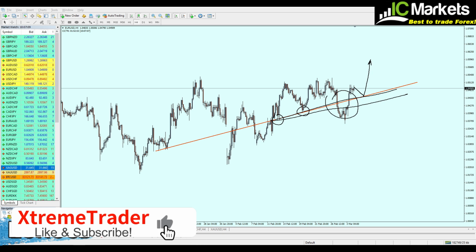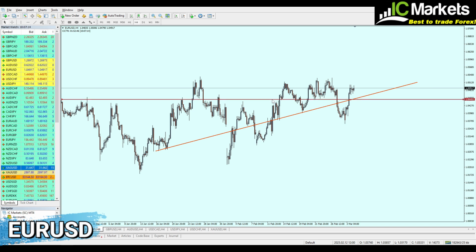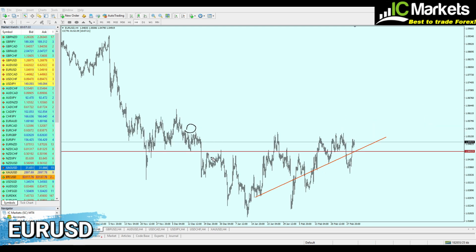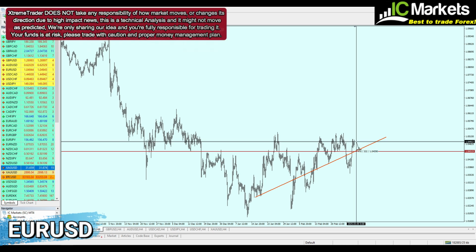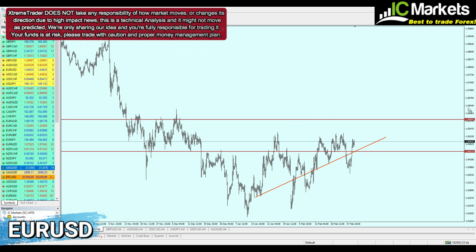So that being said, most likely my friends, we can continue buying the Euro USD exactly right here at the lower key of the support, precisely at 1.045, which was in the past, as we can see right here, a key level of support and a key level of resistance as well. So we wait for the Euro USD to fall another 38 pips or so before we continue buying it. Take profit level will be this time at the nearest key resistance area, which lies right here exactly at 1.058,